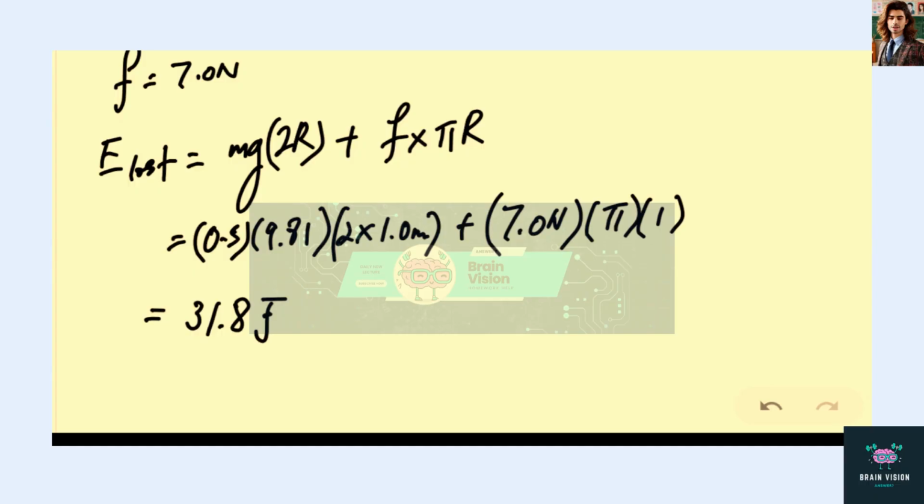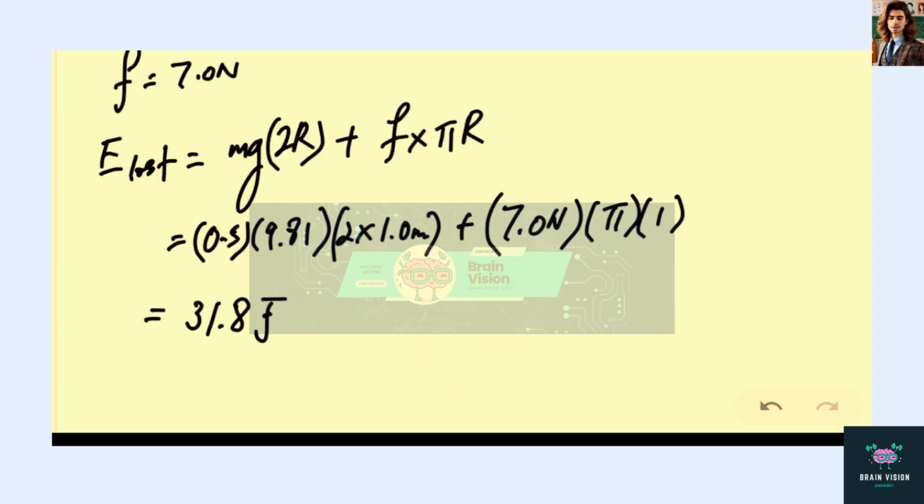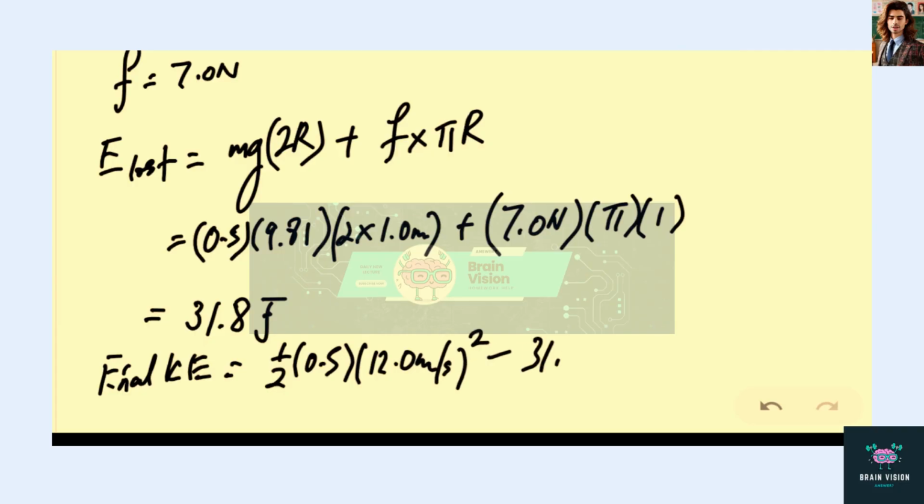Now compare it with the total initial energy. Right, we can get what is the final kinetic energy by taking the initial kinetic energy of half mv squared, 12 meters per second squared, minus away 31.8 joules, which is the energy that's lost. We should get about 4.2 joules,